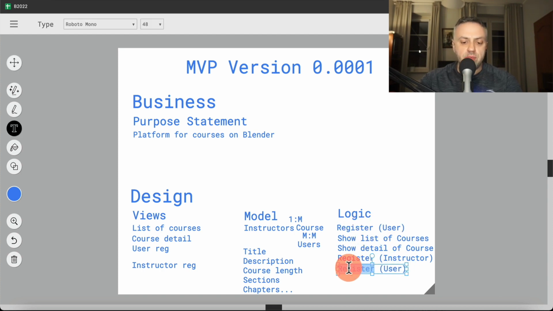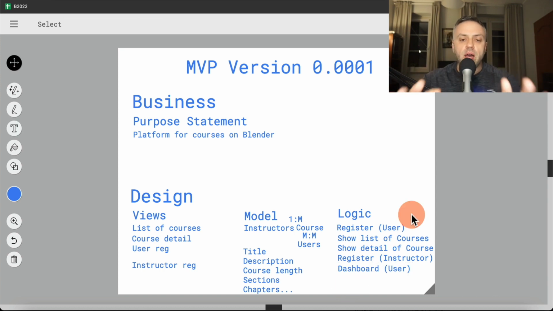All of that is going to be important, right? So dashboard, user dashboard. Now, guys, you have to think like businesses. The reason I say that this thing, register instructor or instructor registration view, is not mandatory is because the money is going to come from the users. The instructors are going to come. The users are going to be a challenge.